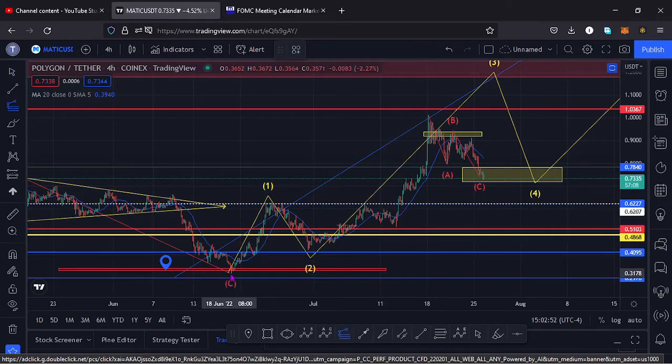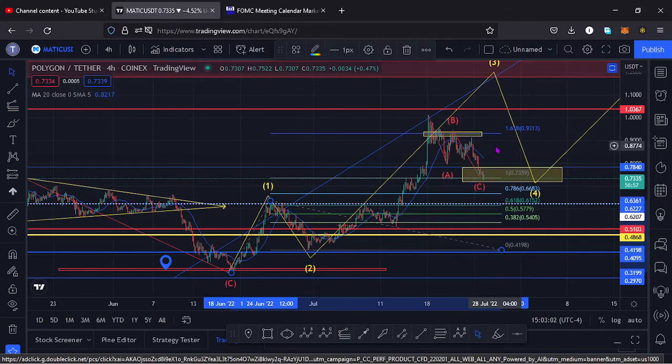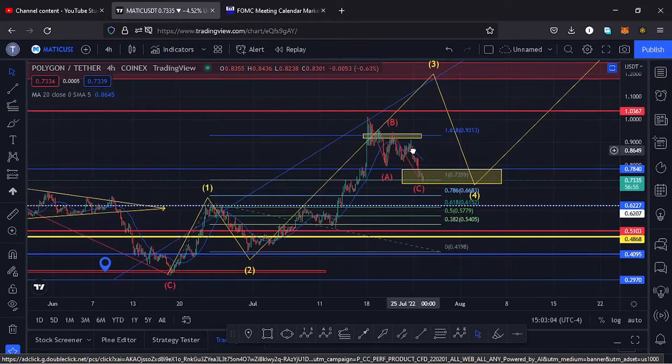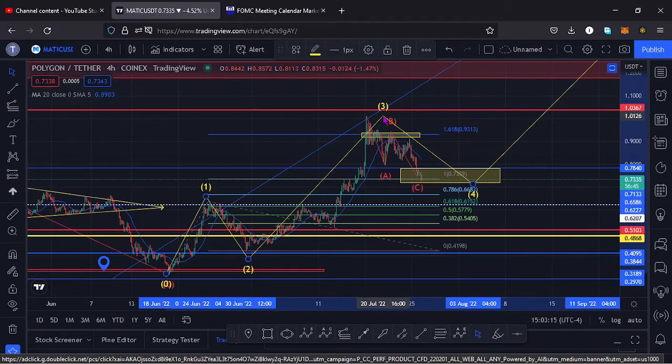So if I apply the trend-based Fibonacci connecting the high of the wave 1 to the low of the wave 2, that gives us a target area at around the $0.93 mark, which is at the fib level 1.618, which is the minimum that I expected that wave 3 to the upper side to do, and it respected that. We even overshot that key target area and went to around the $1 mark,